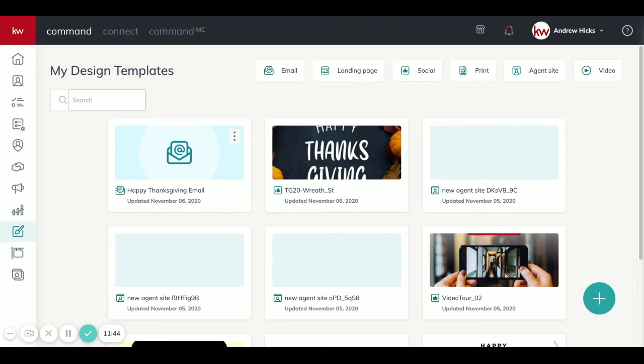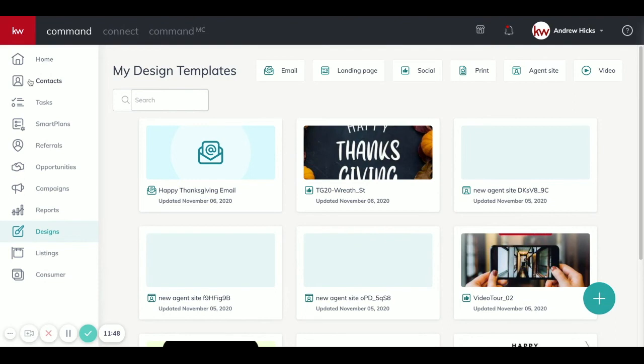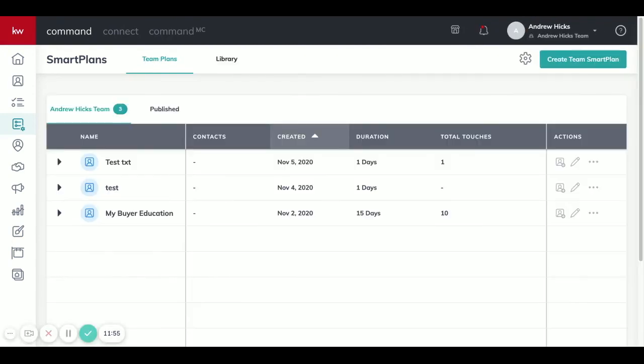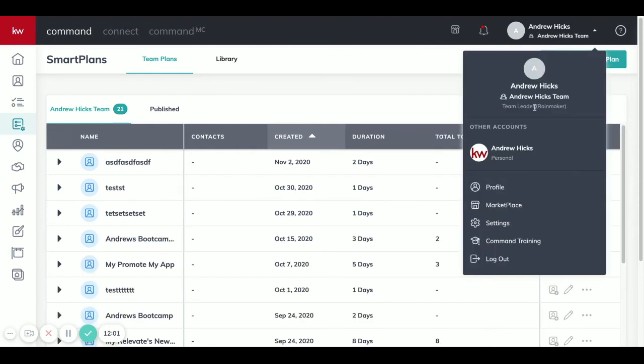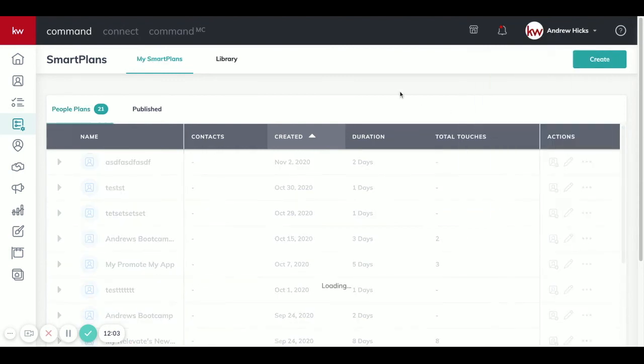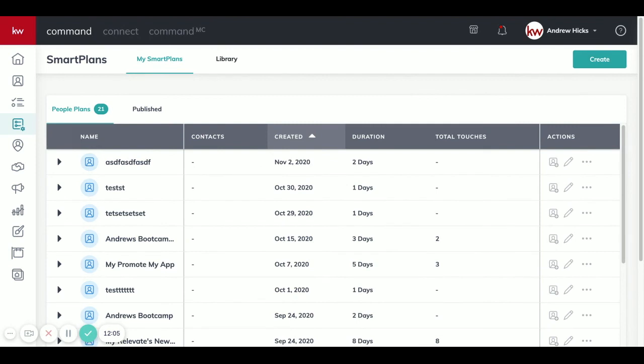So to use that in a smart plan, I'm going to hit the red KW in the upper left-hand corner. We're going to choose smart plans from the list. And we can click on Leave since we're not creating anything currently. Now, we can create a new Team Smart Plan. I'll go ahead and switch this over to my personal command. With the new Teams update, there are some differences now with Team SmartPlans, but I'm going to be using the personal instance. So if we click on Create here in the upper right-hand corner,